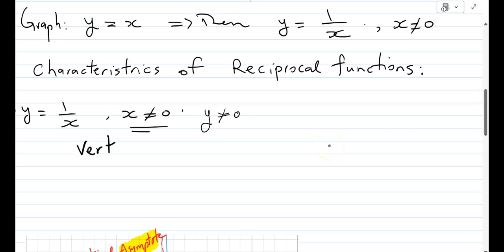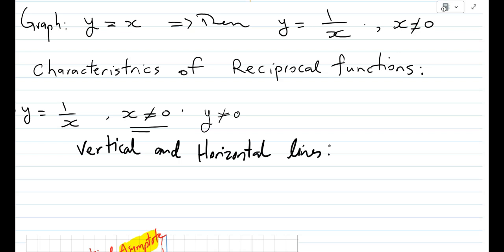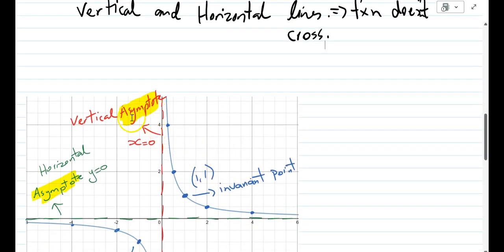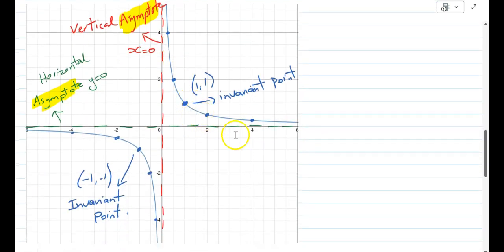So vertical and horizontal lines, they're almost like invisible lines, but there are boundaries that the graph, the function, doesn't cross. We call those lines asymptotes. Now look at the graph. It's the same graph that I just showed you through Desmos. I just plotted a few other points so you can see. So the vertical line, I put it in the red dotted line, that's a vertical asymptote,